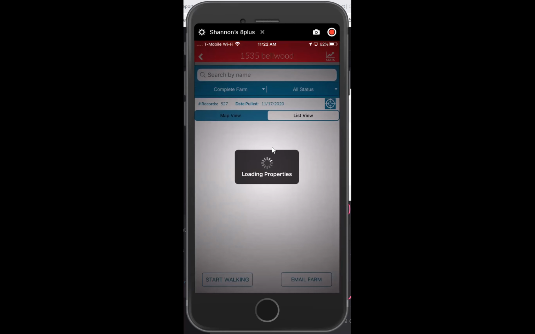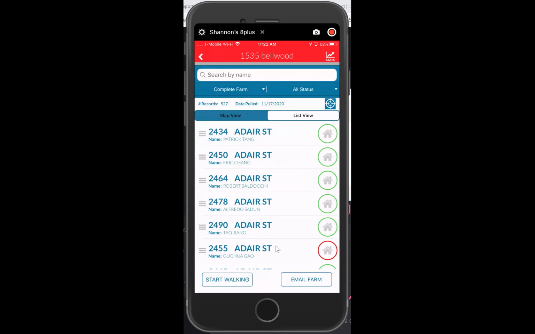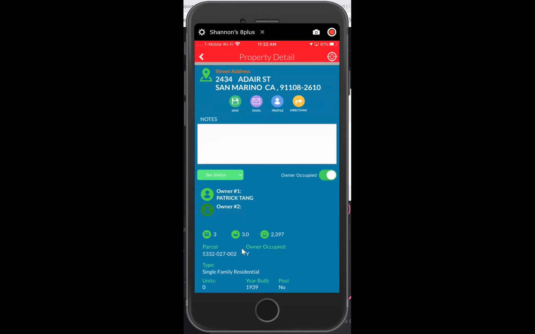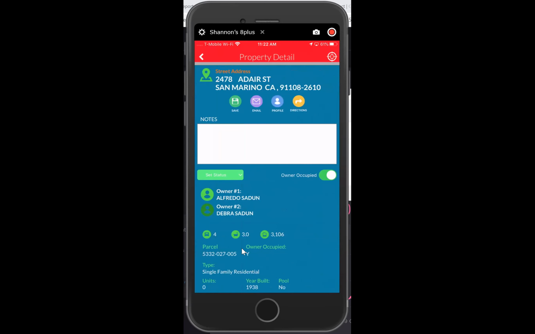Let's say you want to do door knocking. You just click in Total Farm, and the system will automatically design your door knocking route. So you do not have to go here, go there, and come back and forth for your door knocking. If you go into this area for door knocking and just click start door knocking, the system automatically gives you a starting point, then you just slide the screen and it will tell you where you need to go. And if you talk to this person, they tell you the owner